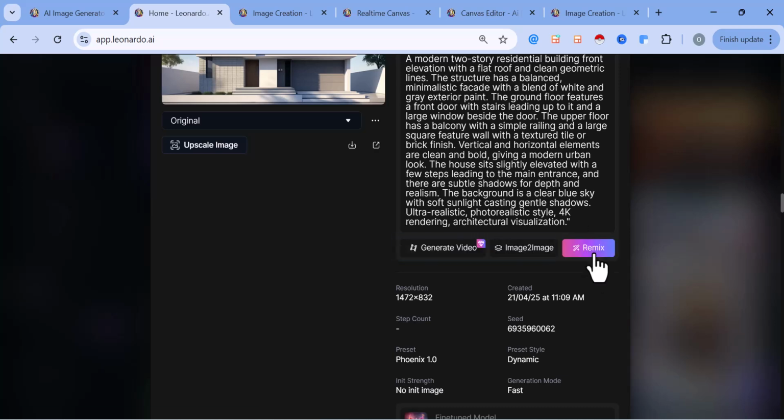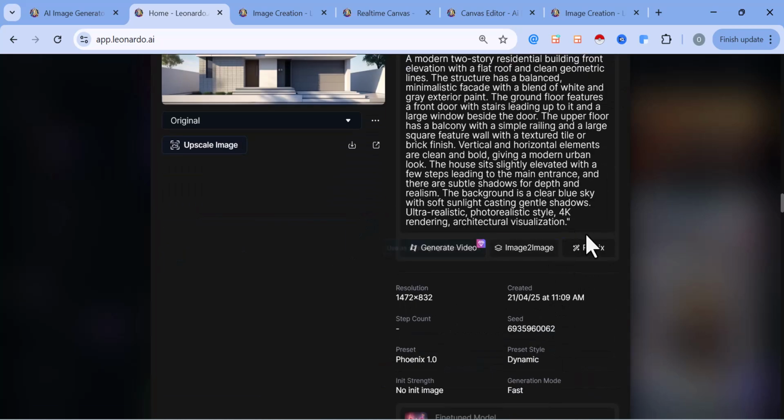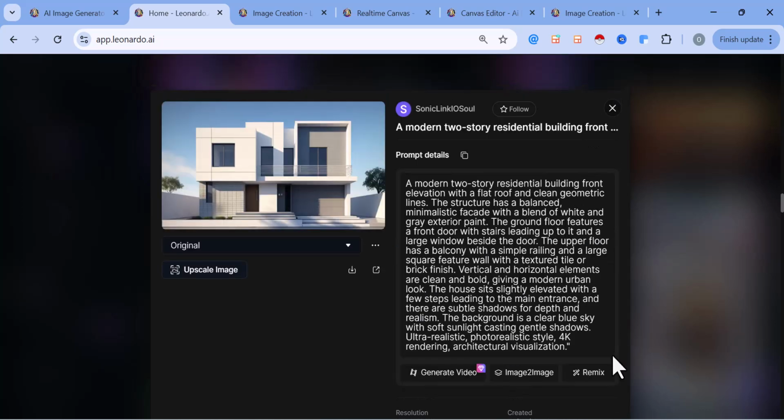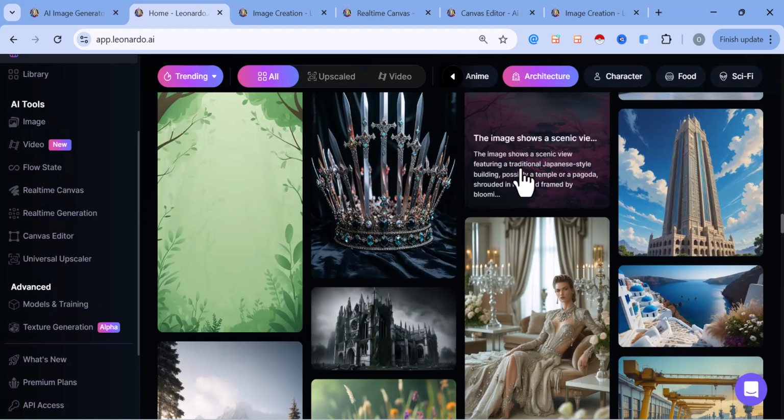Or I can just click on the remix option here, and it will take me to a page where I will just have to edit this prompt to give me what I desire. So this is how to check or create architecture images on